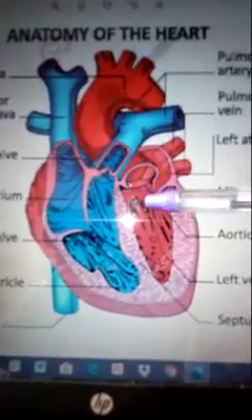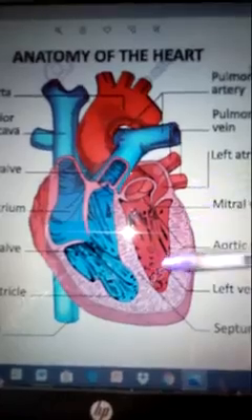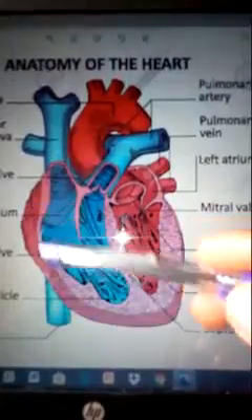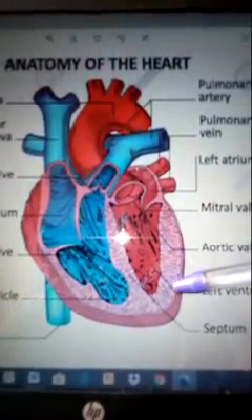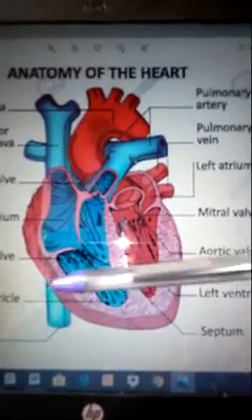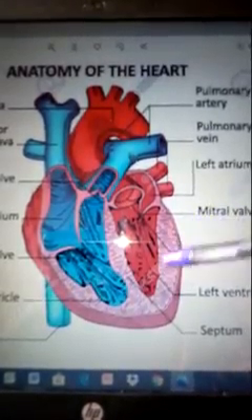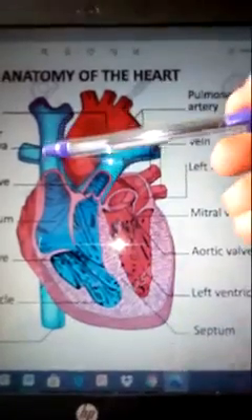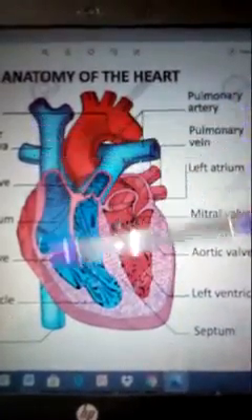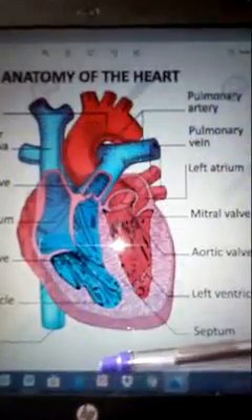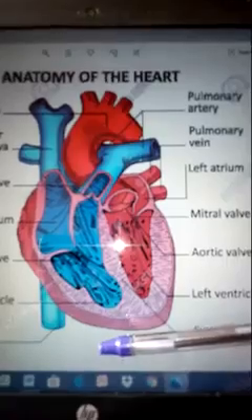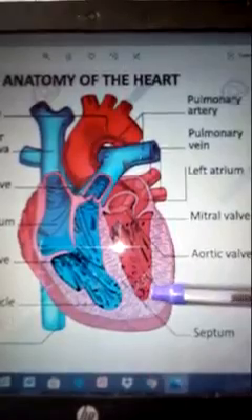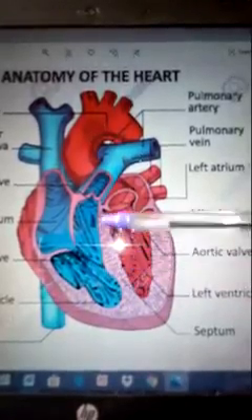Now, let's talk about the muscles of the heart. The heart is made up of the cardiac muscle, and one thing I want you to note here is the thickness of the muscle. Now, the heart we're looking at here is a sectioned heart. It has been cut longitudinally so that we'll see the size of the muscle. All right, now we have the septum,